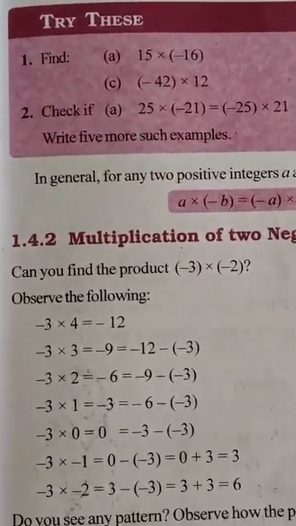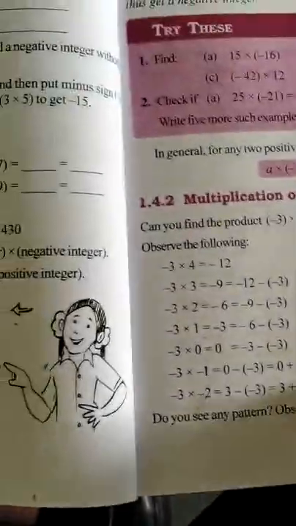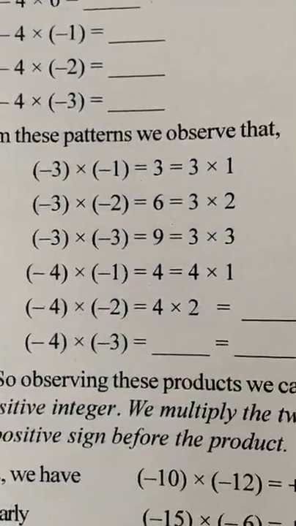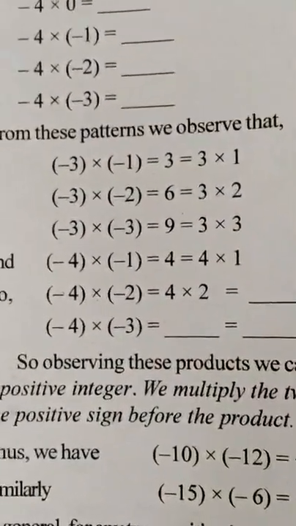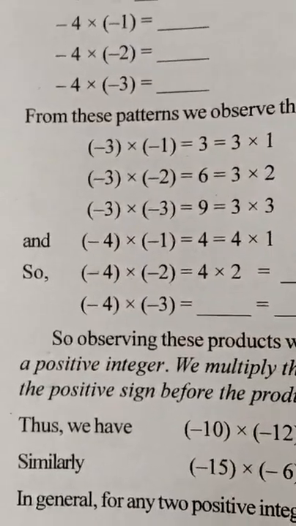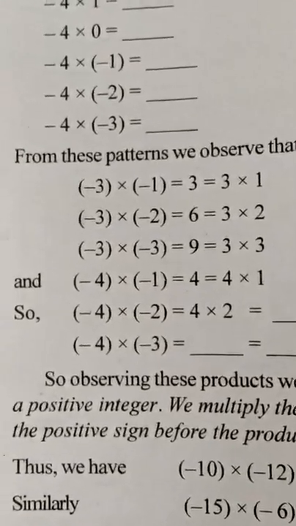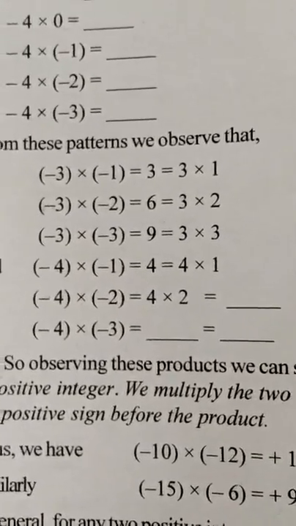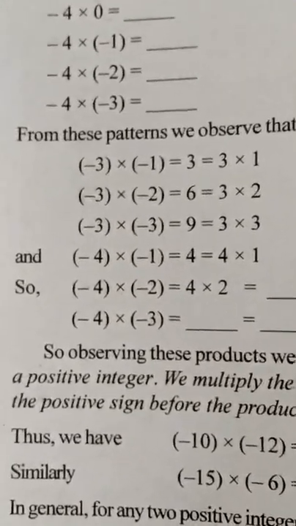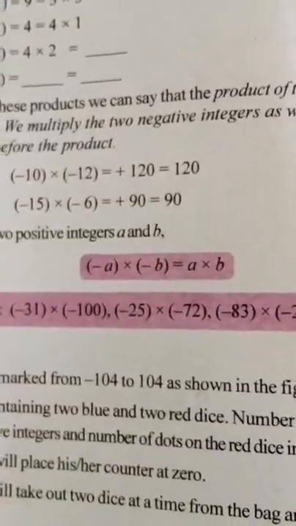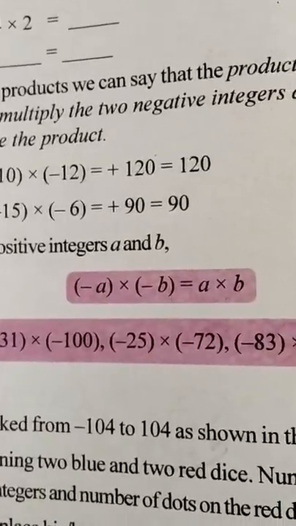Okay, look at the figure, sorry, not a figure, there is a sum: minus 3 into minus 1, then we will get 3. Okay, minus minus plus. Minus 2 into minus 3, then we will get 6, not minus 6, minus minus plus, that is 6. Okay, this is as it is, we have learned this before. Minus a into minus b, that is a into b.